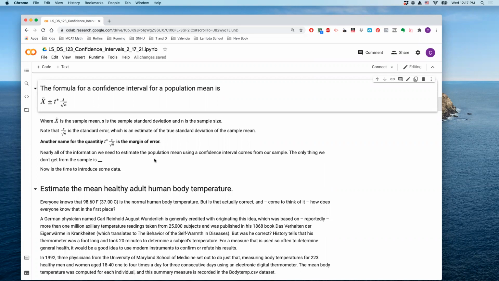So you see this all the time. We just went through the whole election thing. You see this all the time in election polling. It'll say, 50% of Americans support, I don't know, free pizza delivery, plus or minus 5%. And so that plus or minus 5% or 2% or whatever that you see in those articles, that's the margin of error.